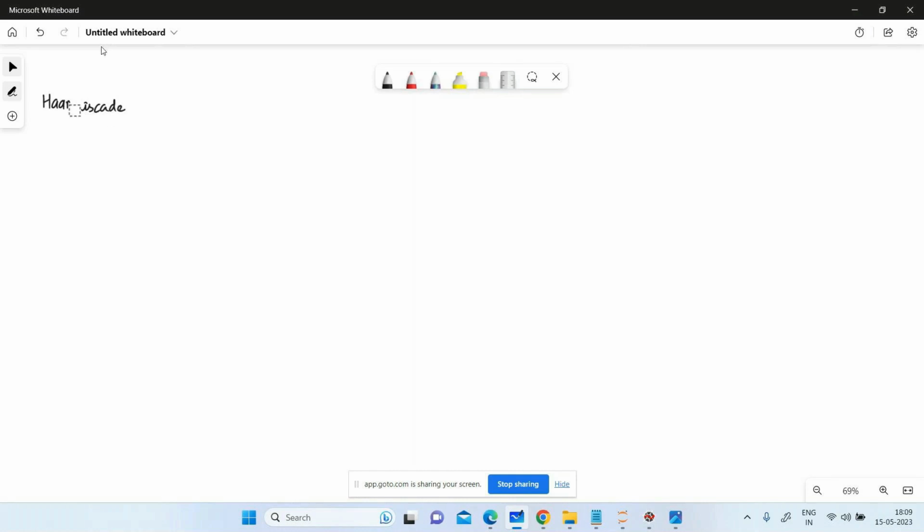In order to discuss HAAR cascade, let's start by first noting this is one of the object detection algorithms. It is used as an object detection algorithm to identify